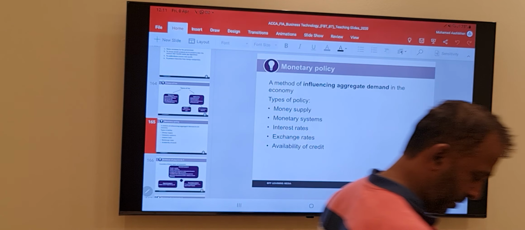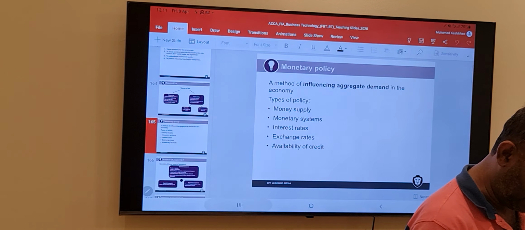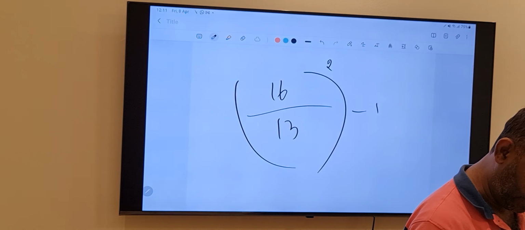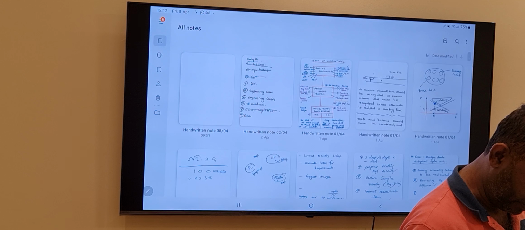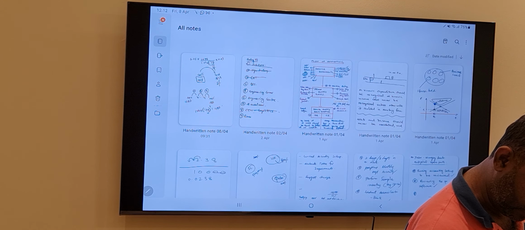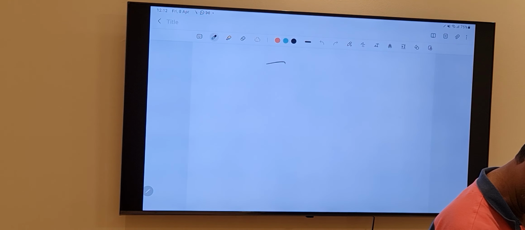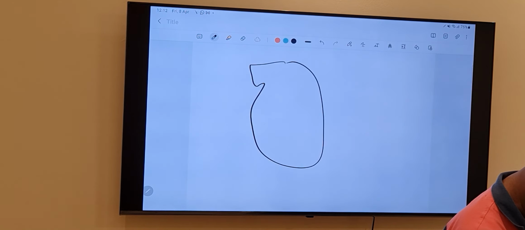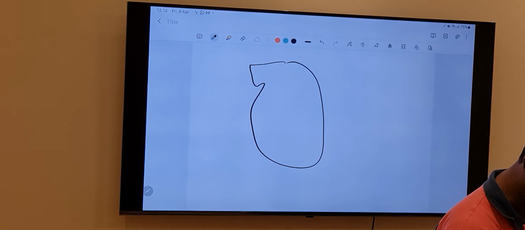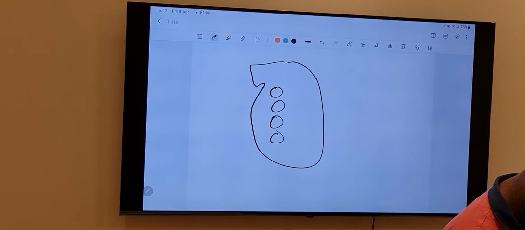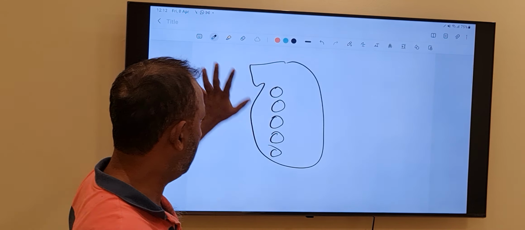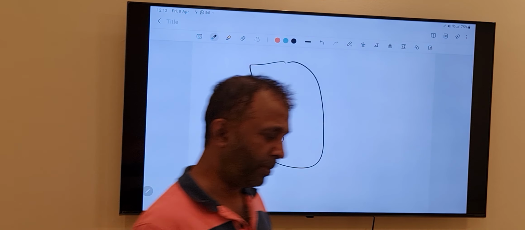In Sri Lanka, what happened? Actually, this is copied, I am just reproducing a video that I saw on YouTube. Let's say this is our country, and here we have 5 fruits, let's say apples. In Sri Lanka, these are the resources we have: only 5 apples. Each apple costs us